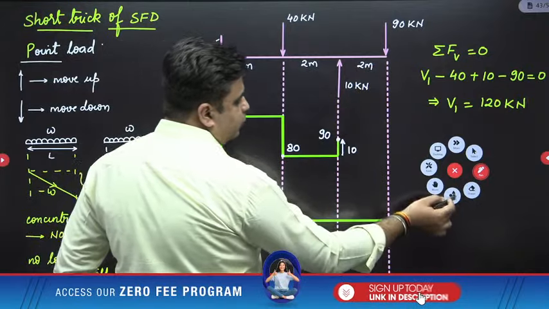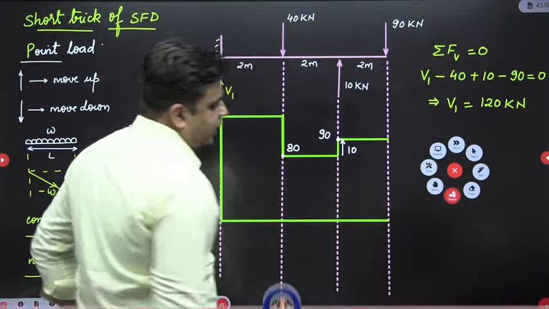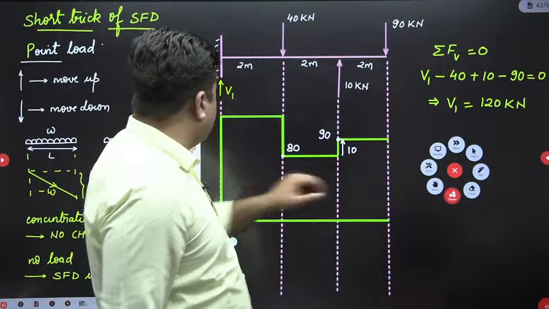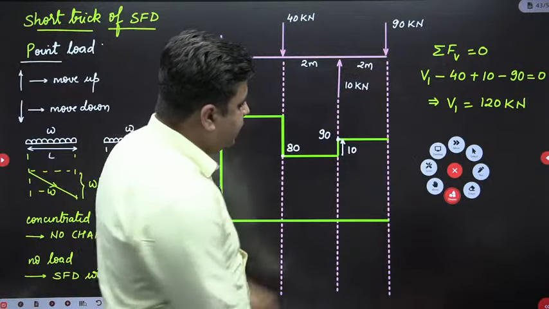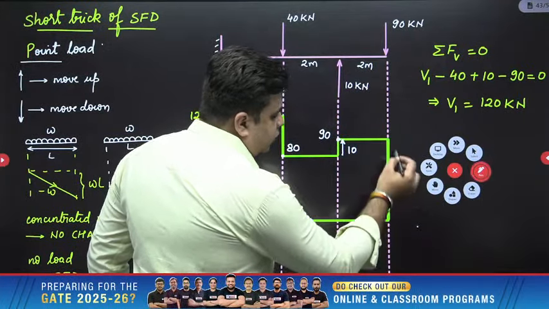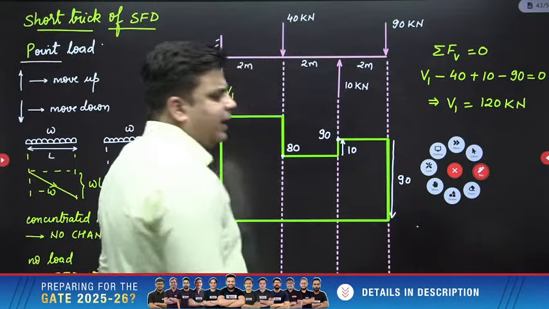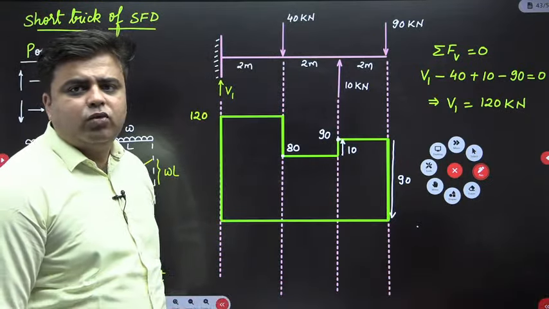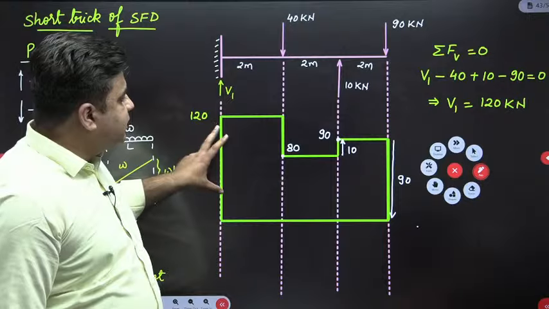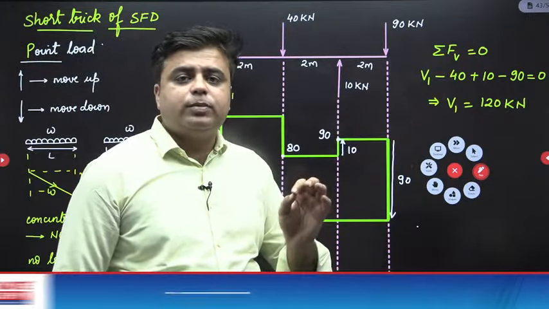Again between these 2 points, there is no load acting, so the shear force diagram will be constant. And at this point, you have a downward acting load of 90. So I have to move down by the amount of 90. This downward movement here is 90. Check this out without any calculation. Only by calculating the support reaction, I have drawn the entire shear force diagram just by using the short